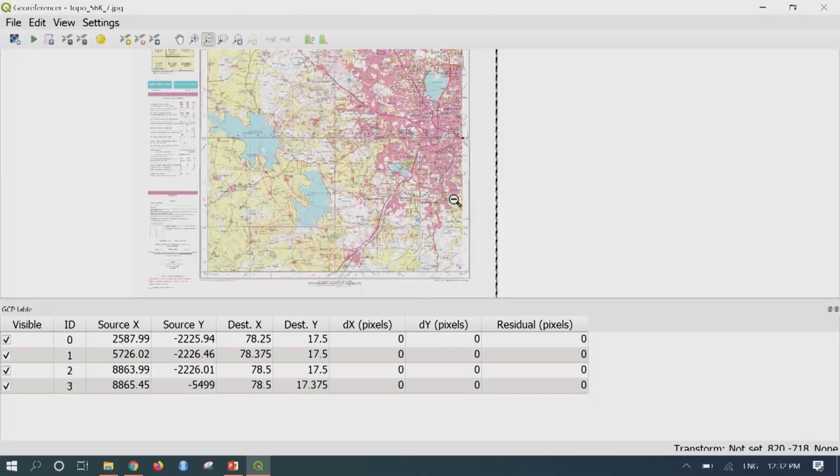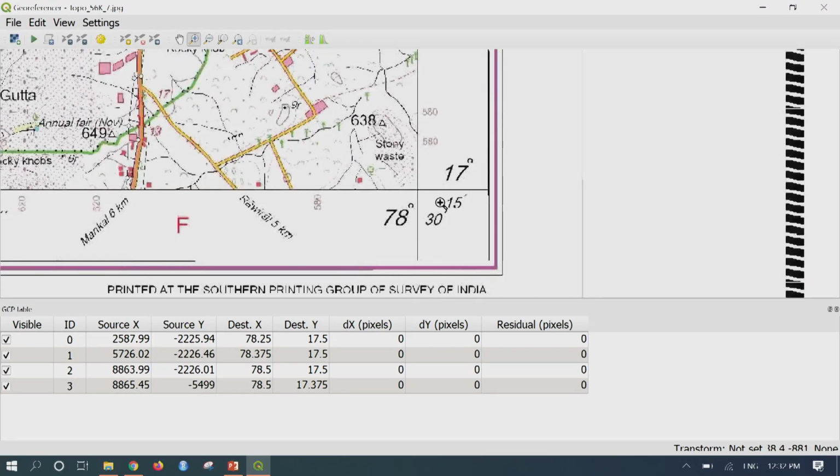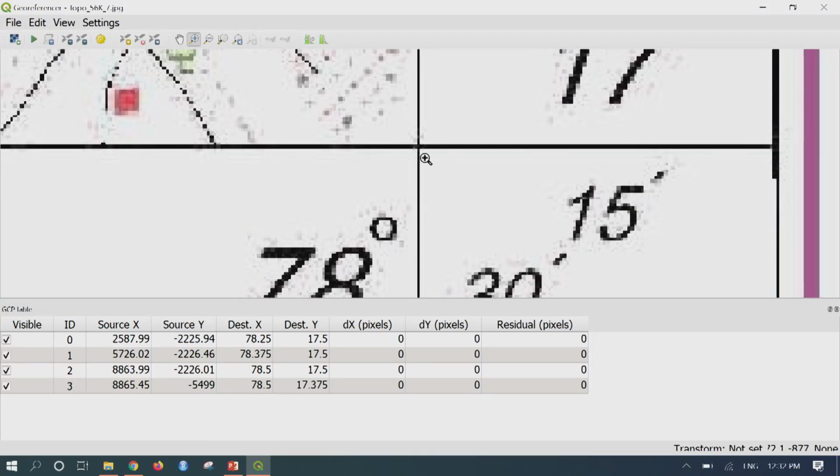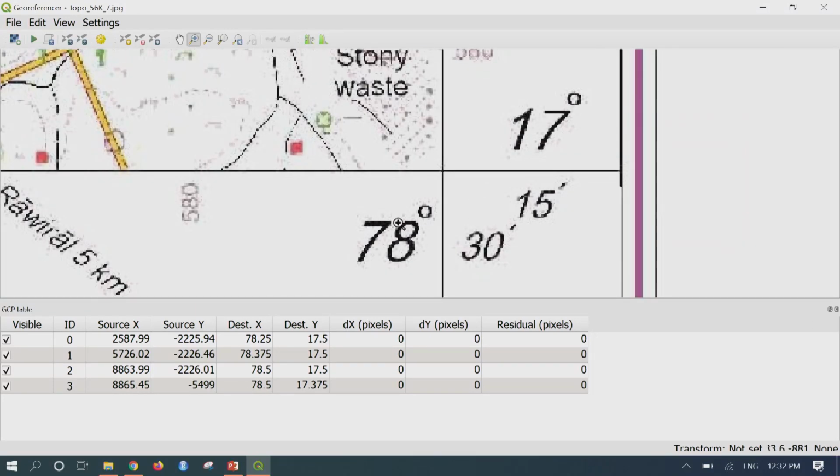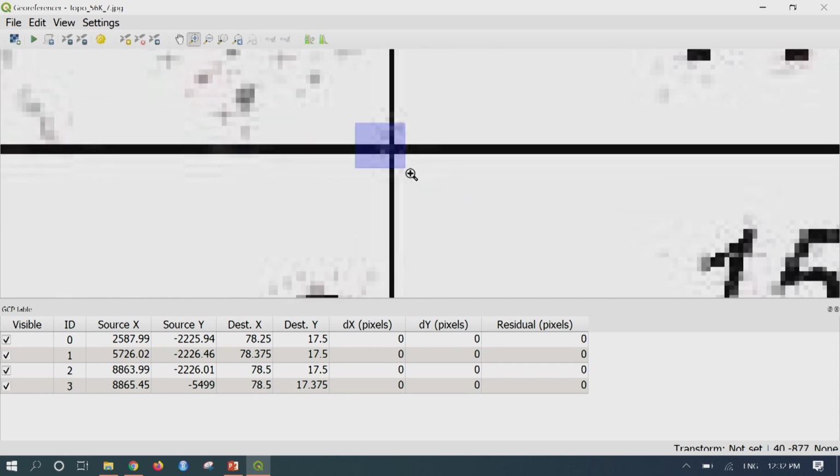Now I will proceed to the fifth point, that is the bottom right corner, and I will zoom to the intersection. Here you can see the longitude value is 78 degree 30 minutes, latitude is 17 degree 15 minutes. So let us enter this exactly at the intersection.